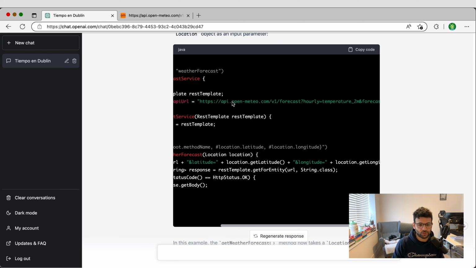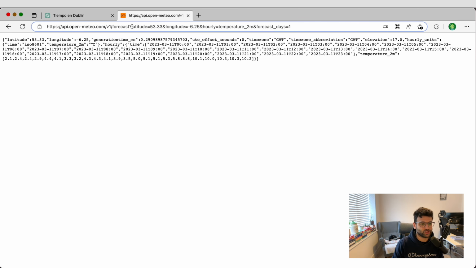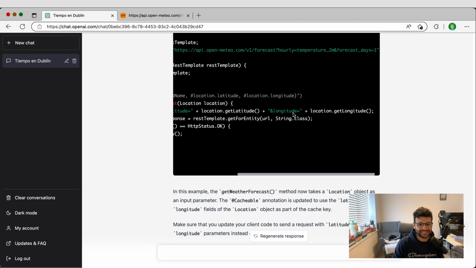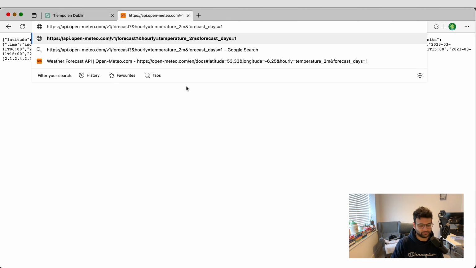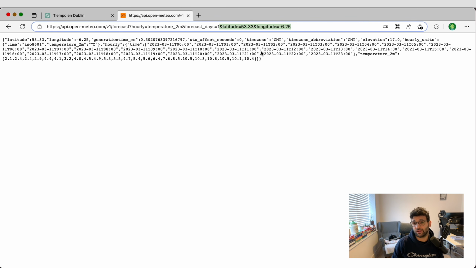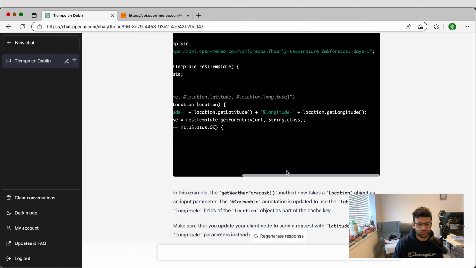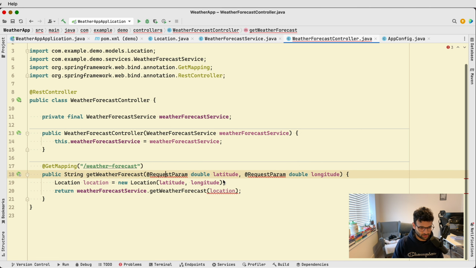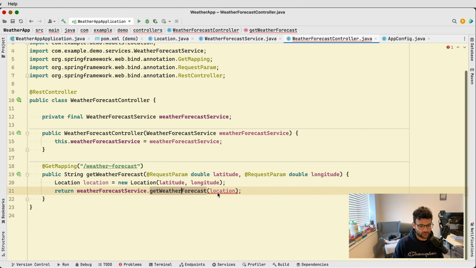And then the get weather forecast, it modified it in such a way that, wow, I'm impressed. So remember how the URL looked like here? It actually recognized that latitude and longitude, the two parameters here, need to be removed out of the original URL. I don't see them here anymore. And then it's added them to the end, sort of like this. And at the end. So that's very impressive. And it's going to generate the same output. It doesn't really matter where every parameter is, the ordering of the parameters is not really that big of an issue. So I'm going to paste it in and import the location, request params,